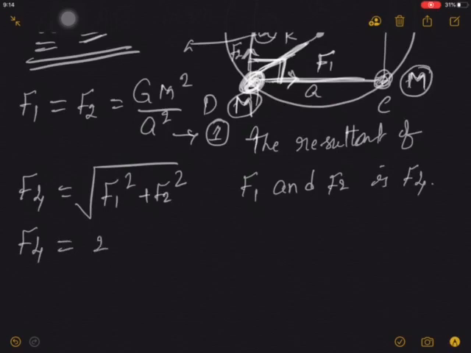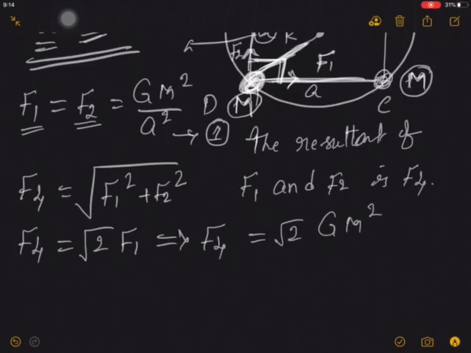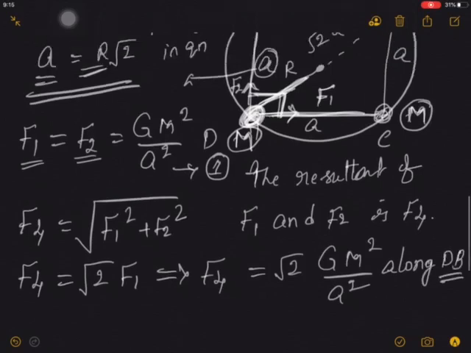F4 directly I am writing √2 F1, because F1 and F2 magnitudes are same. So F4 is equal to √2 into G M square by A square,